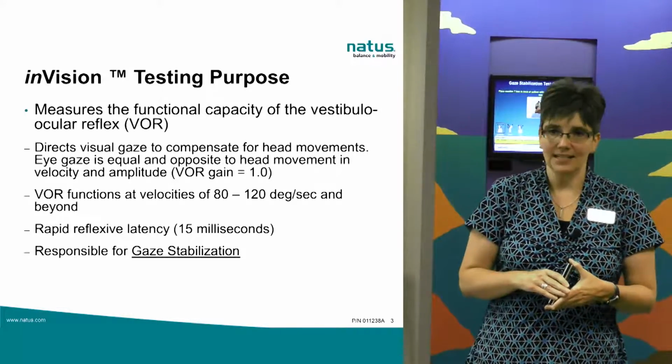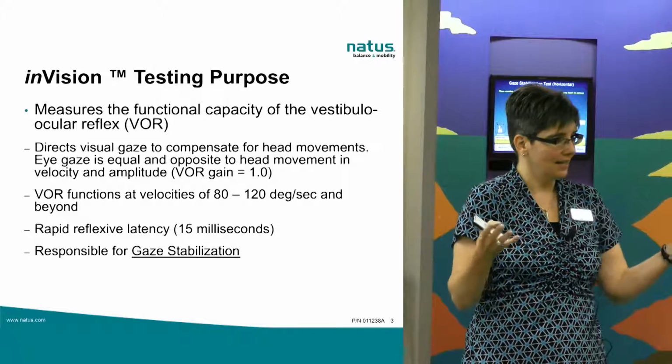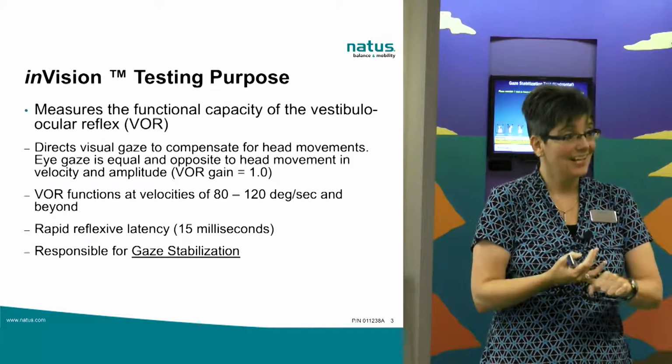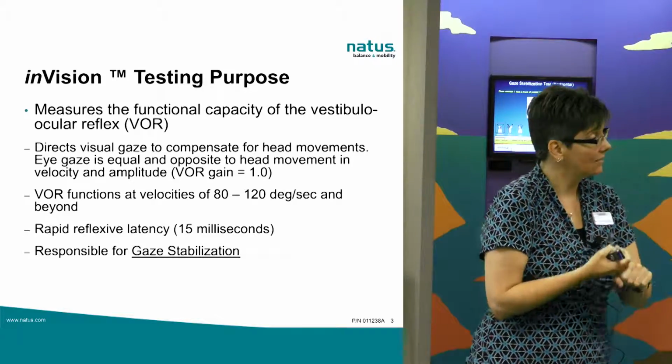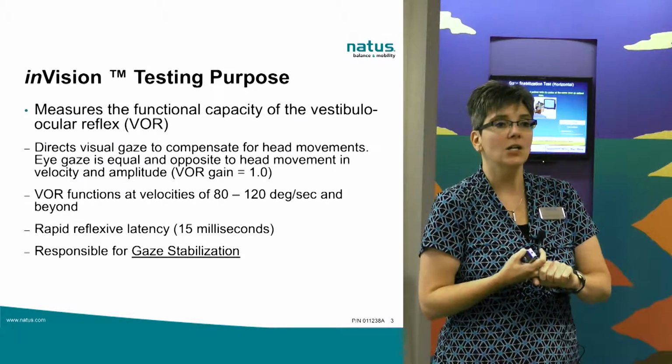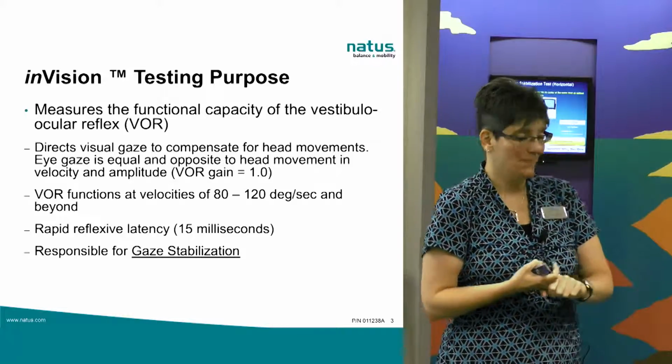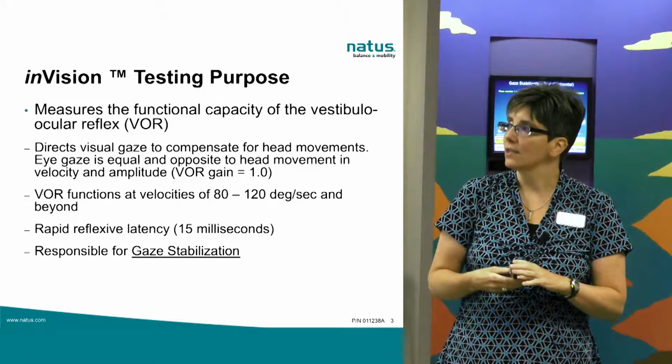But the benefits of the computerized testing, like we talked about earlier, is that the patient isn't able to cheat. You can differentiate the right from the left side, and you can get very good accuracy on speed of retinal slip. So let's start by talking about the